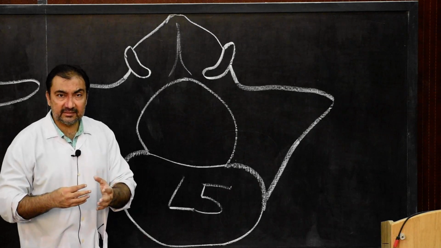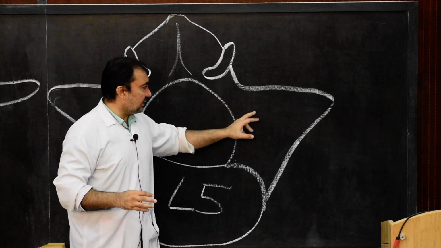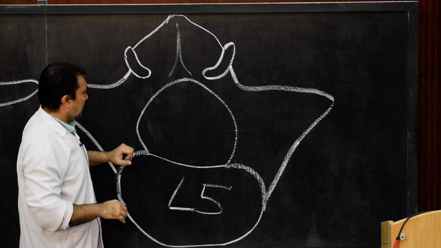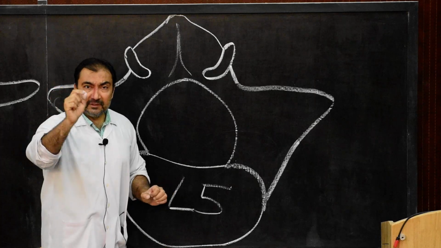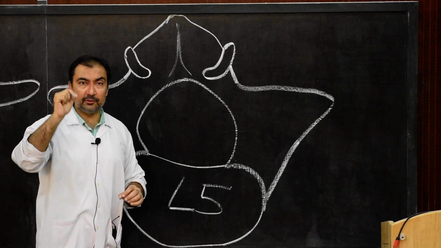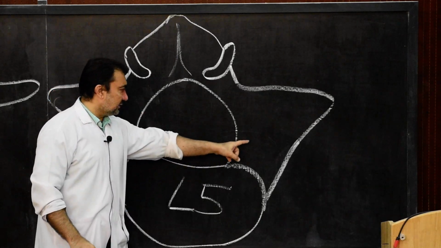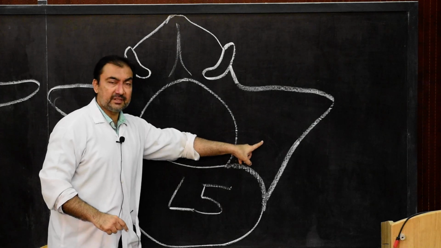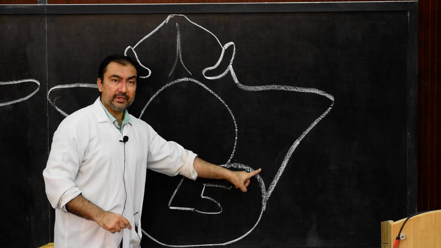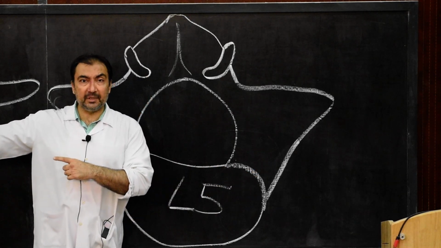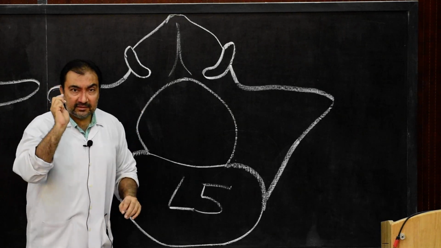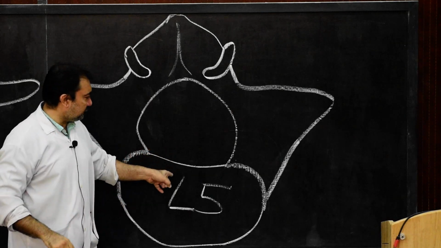Now we are going to discuss the various important clinical features of L5, for example the differences between L5 and the typical lumbar vertebrae, that is L1 to L4. The first difference that we discussed was with respect to the transverse process. The transverse process of L5 is encroaching on the side of the body of L5, whereas the transverse process of the typical lumbar vertebrae is not encroaching on the side of their bodies.